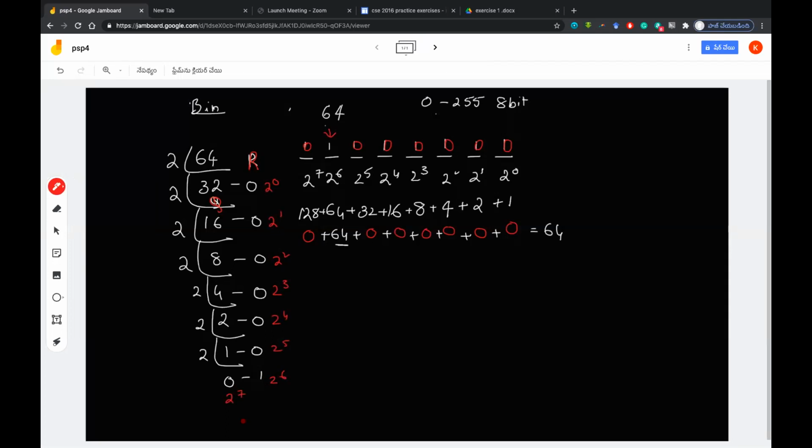This is how you need to print. While you are dividing and getting the remainder, if you print in our master console, it will be printed like this: 0, 0, 0, 0, 0, 0, 1, 0. This is how it will print. So this is enough for my output. For this problem, this output is enough.